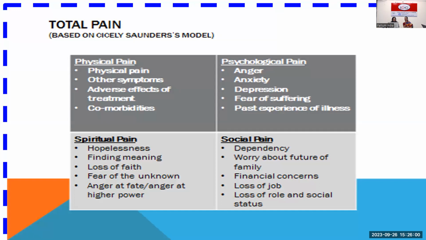Because the definition had sensory, social, psychological. Normally this is mentioned as total pain. So you have to have these in mind. The eyes will not see what the mind does not know. So basically you have to be aware of things. Even this we were taught as medical students. Our prof used to say the stethoscope will not hear what the brain does not know.